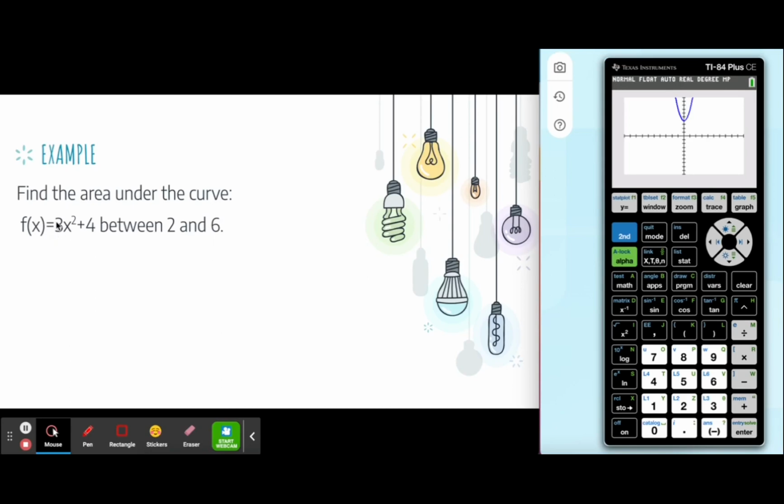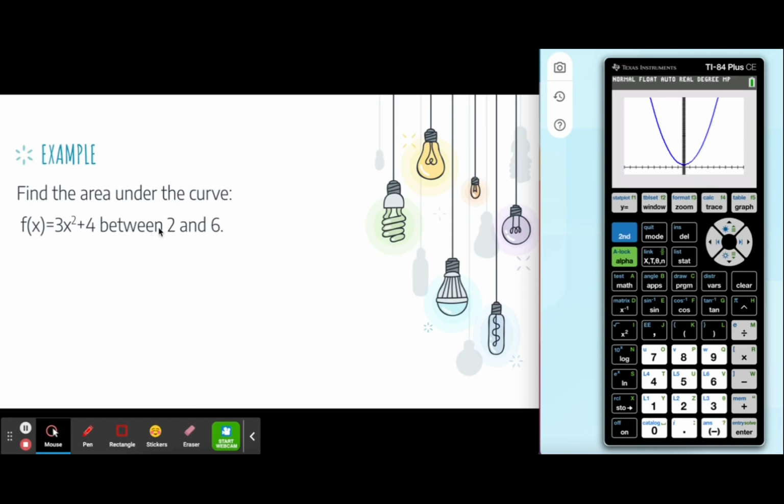And we're going to be looking for the area between 2 and 6. So 2 is approximately here on my calculator, and then 6 is going to be approximately here. So I'm going to just change my window so that I can really see where the value of 6 is going to be. I'm going to go ahead and change the window setting. So the x's are fine, but the y maximum is not big enough. Let's change that to maybe 100. And let's see what that looks like. Okay, that's better for me.